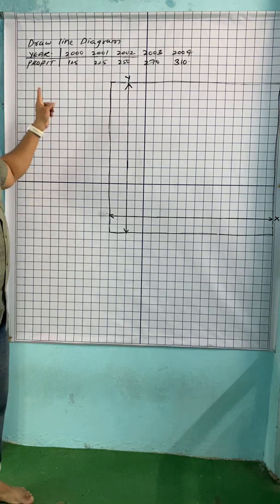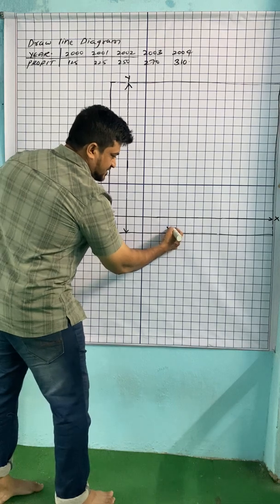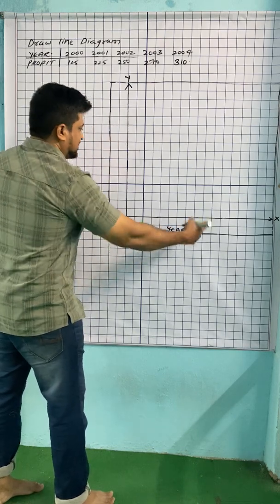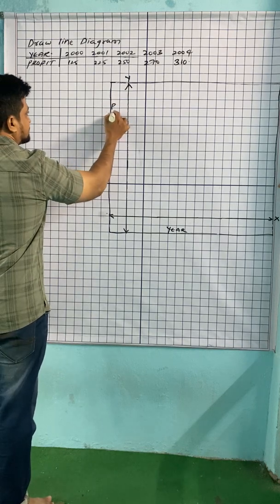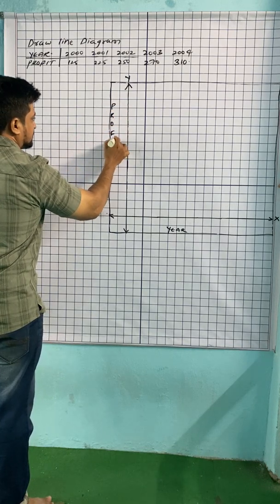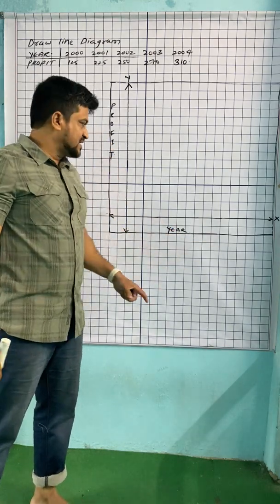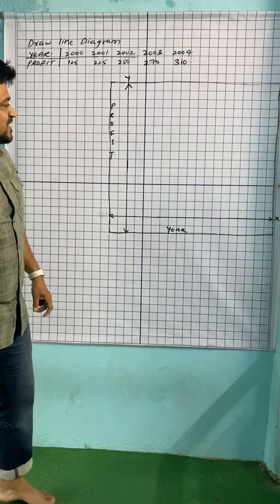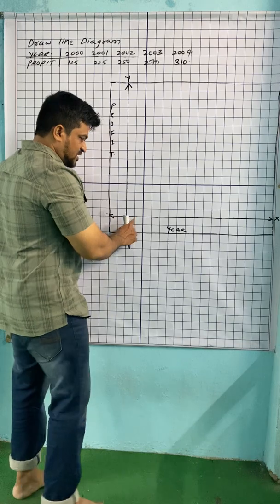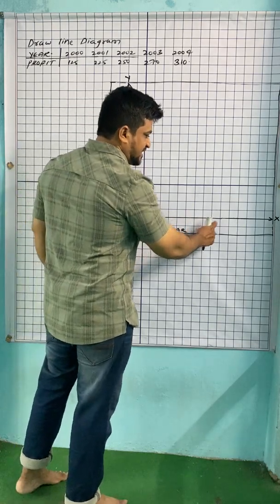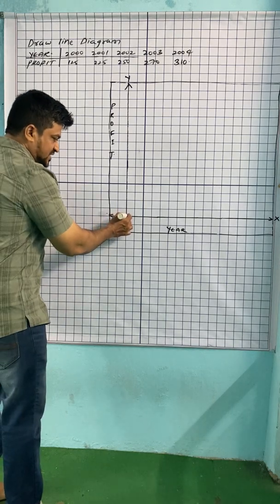For the line diagram or any other diagrams, year is taken on this line, and on the y scale consider profit. First we have to leave some space and take year. Here we have profit on the Y scale. Now in year, how many years? 5 years are there. Do not count the boxes: 1, 2, 3, 4, 5, 6, 7, 8, 9, 10. Many boxes are there. So what can we do? The intersection is 0.